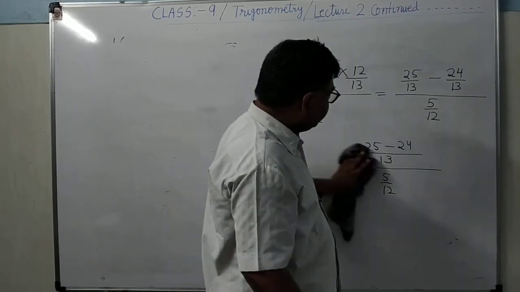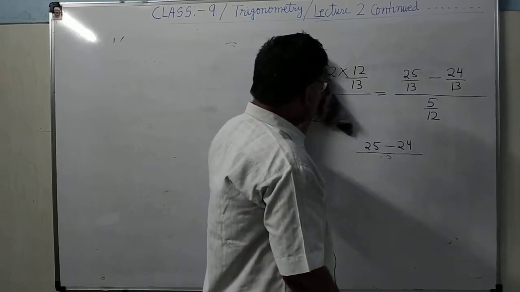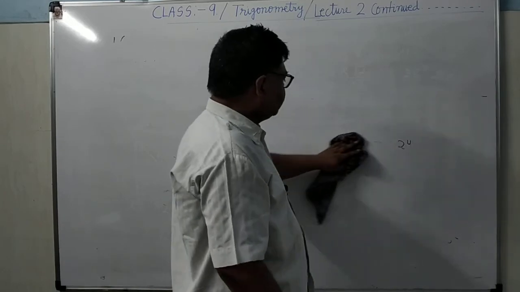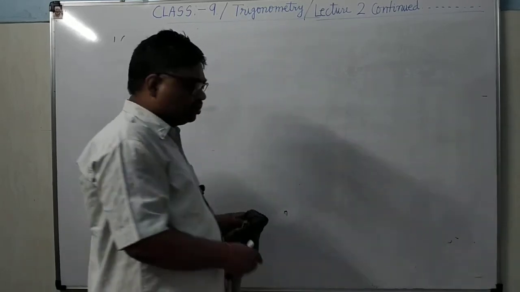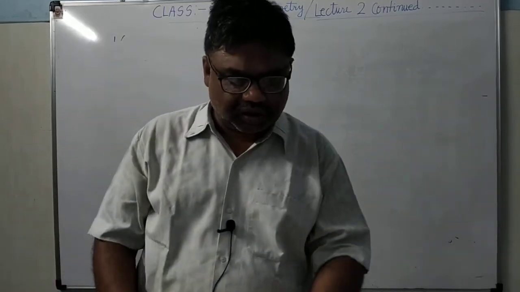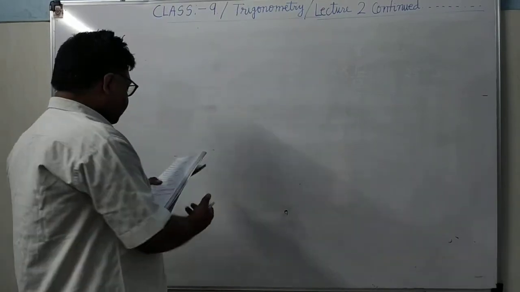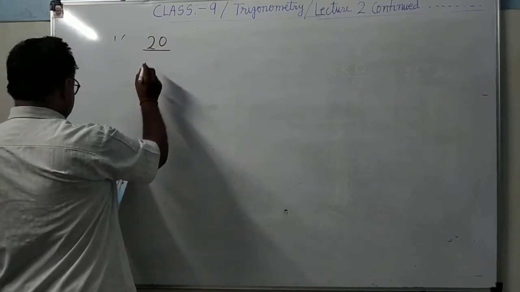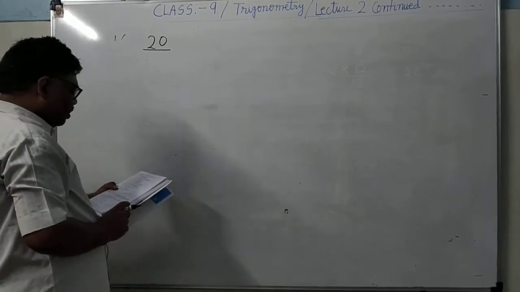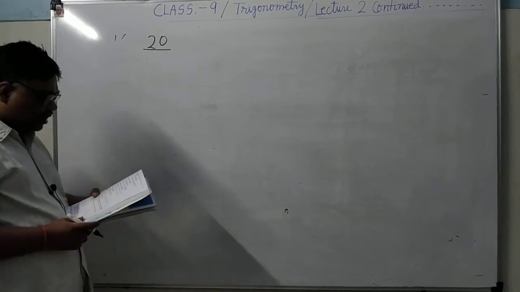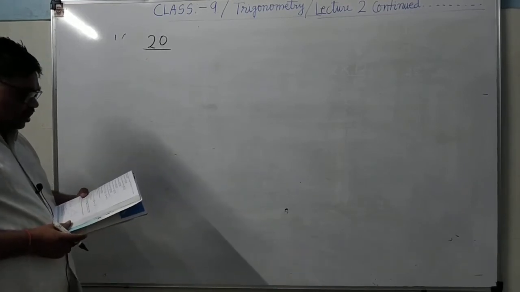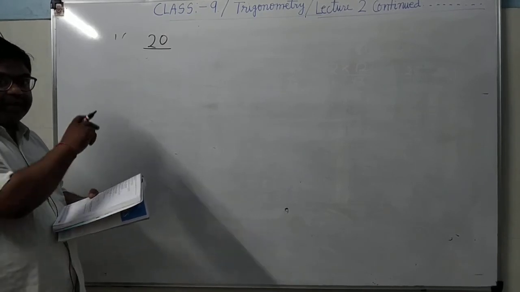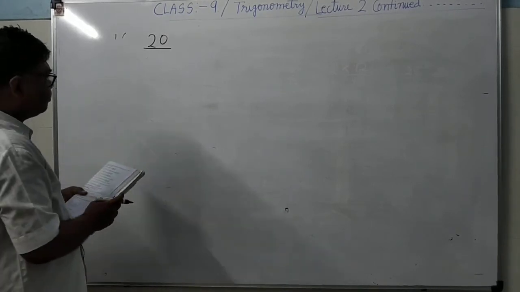So see here, how will you do that? I am going to explain by that special way. You can take any one question here. I am taking question number 20. Questions 19, 20, 21, 22, 23 first part are of the same type. 23 second part, 24th, 25th can be done by the previous method.